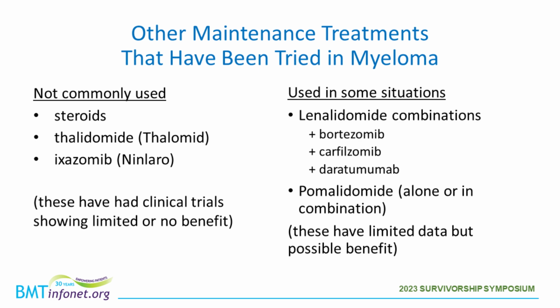On the other hand, there are some situations where I or some of my colleagues will use other agents in maintenance therapy, either lenalidomide in combination with other drugs, I would say most commonly bortezomib or Velcade, or pomalidomide, which is a newer version of lenalidomide, either by itself or in combination. And we tend to use these in situations where we are more worried about patients. Their myeloma may have some features that place them at higher risk for early progression and resistance to therapy. But while it makes logical sense to use them in these situations, there are limited data that show an actual benefit. So we tend to consider using these, but they're not well proven, these combinations or alternative